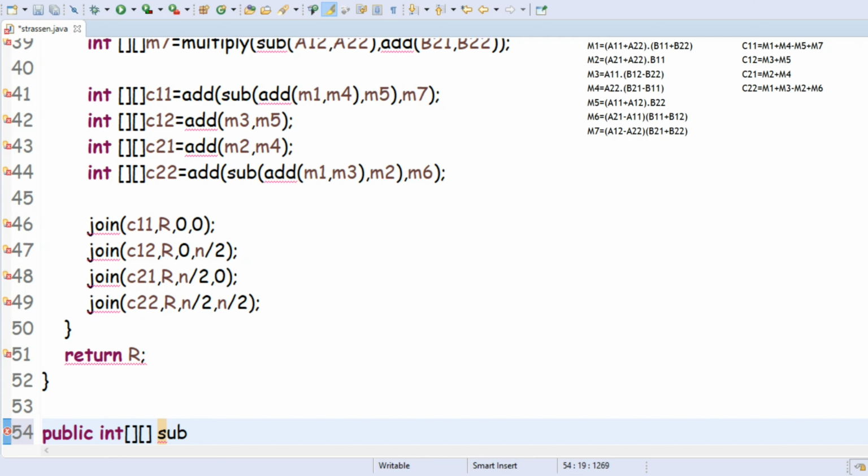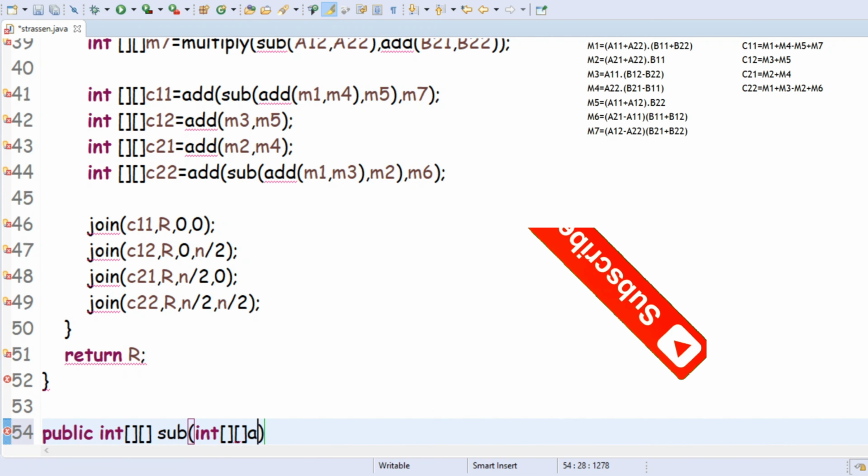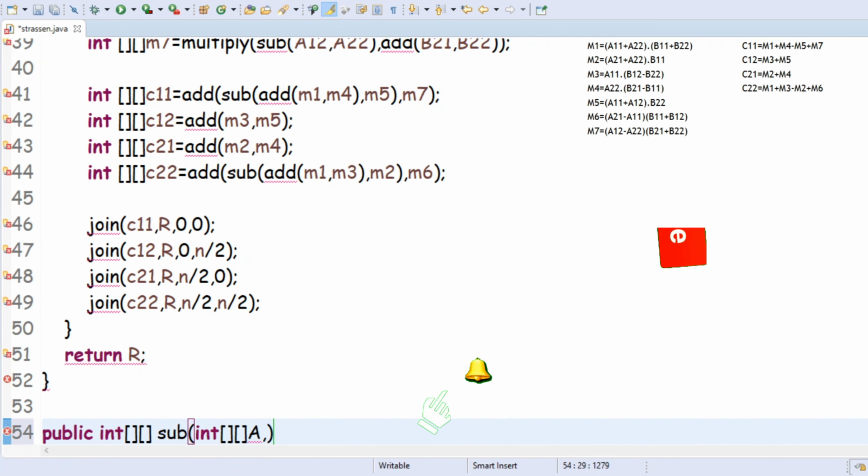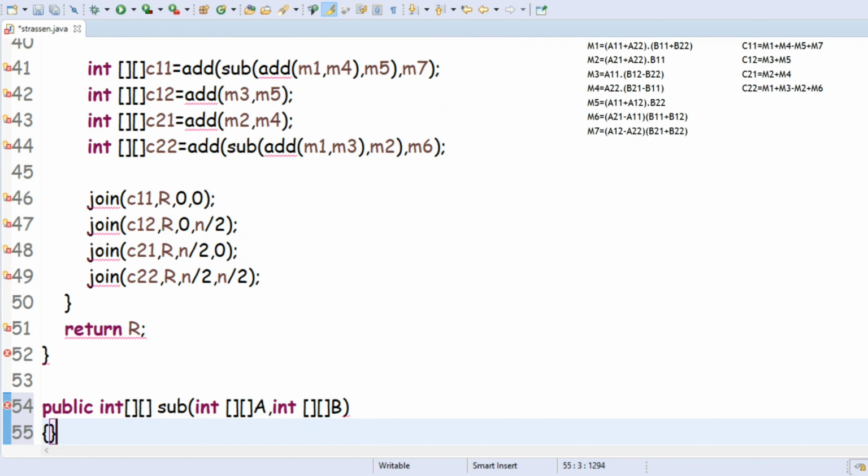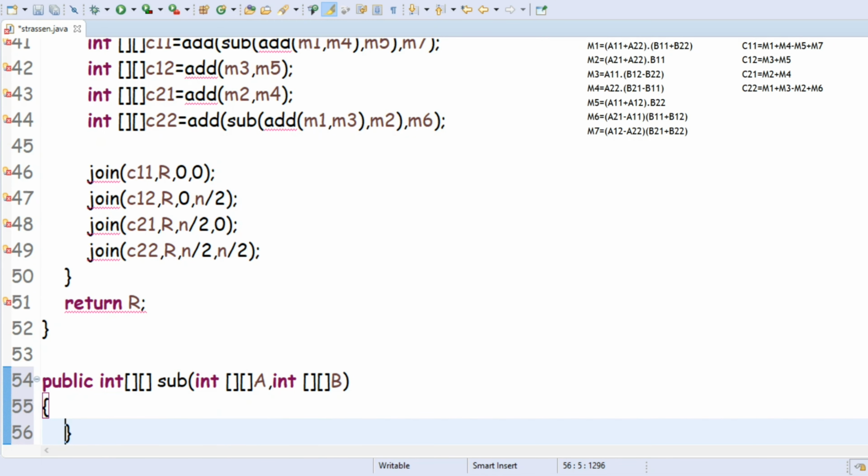First of all, going to the subtraction method, public int, so here it must be int subtract. In that I am taking two arrays A and B. Next, I am going to take the length of the array. Int n is equal to A dot length.